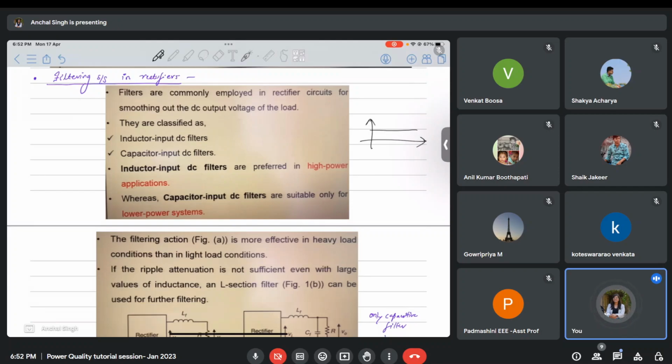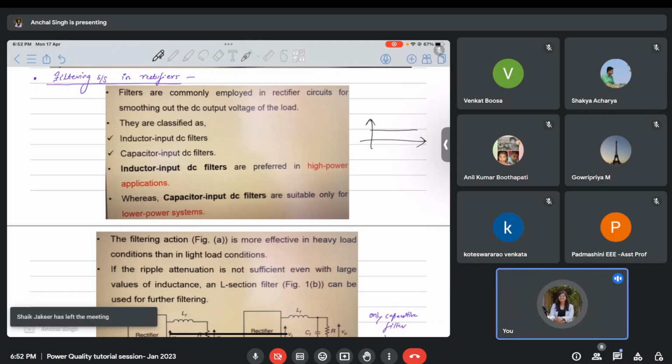But in reality, there is no such pure DC existing, because whenever there is DC, that DC is generated using some kind of conversion. So when you use conversion, the output that comes is something like this in nature. That means it is not a fixed pure DC. It is a DC with some amount of ripples present in it. So due to the presence of these ripples, it is never a pure DC. In order to reduce these ripples and make it close to a pure DC, we put filters there. That is the purpose of putting a filter.